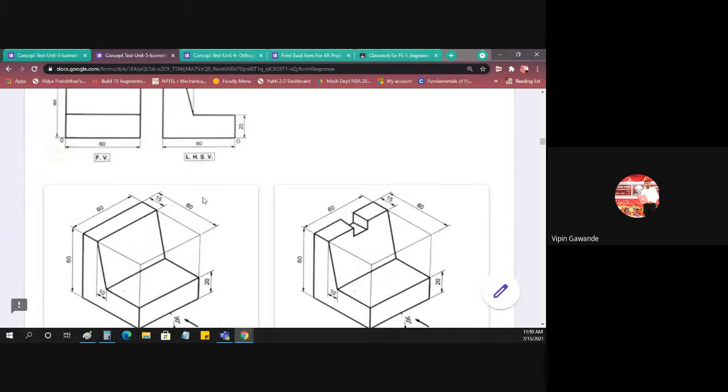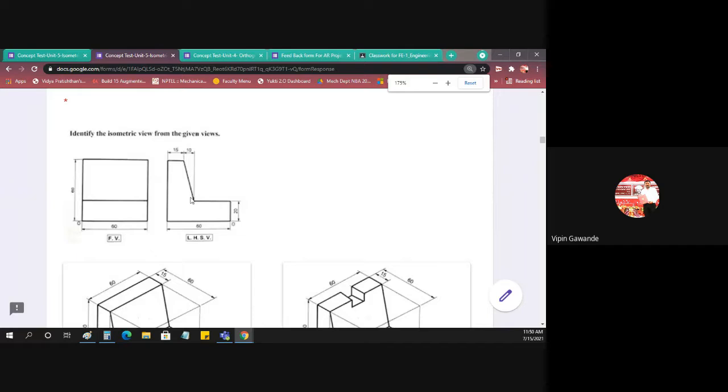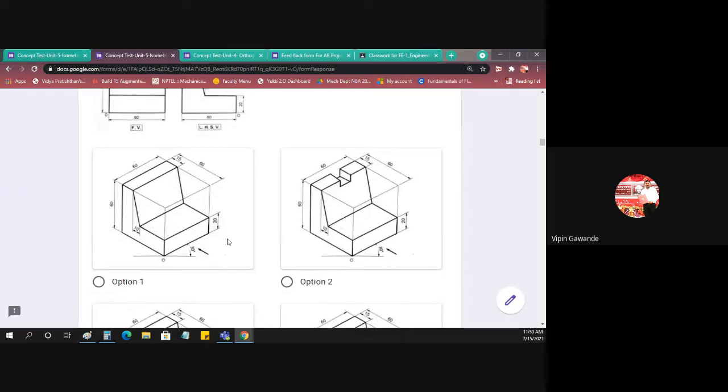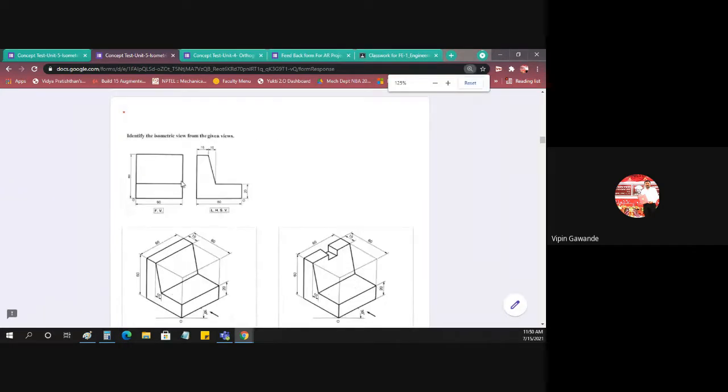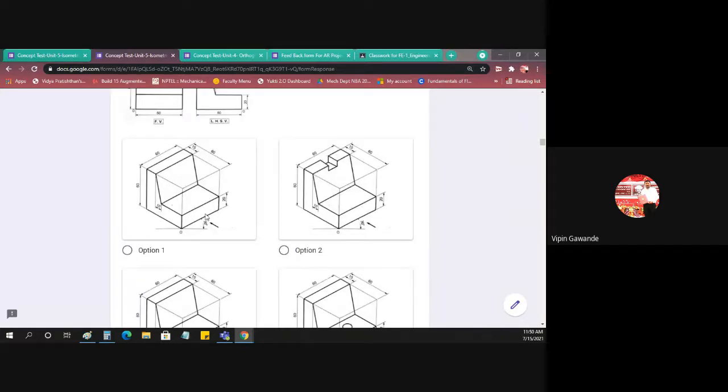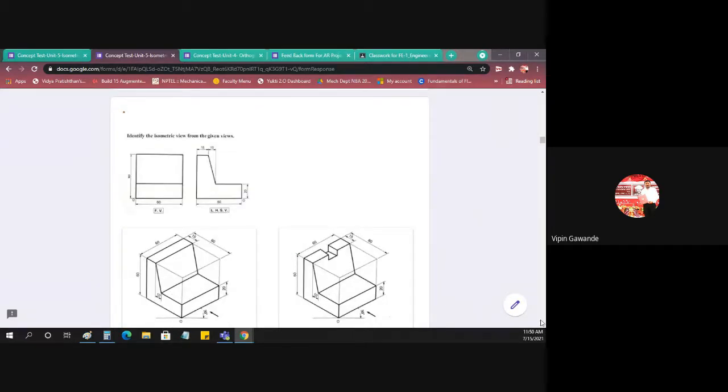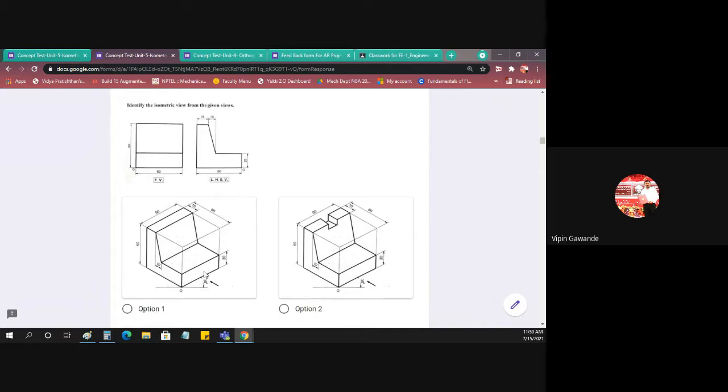Now, if you take the first image here for the first problem, this is the front view. What is visible in the front view? This first rectangle is visible. So the rectangle is there in that view. So this rectangle and this rectangle are the same. Now this inclined surface, what is it? The second rectangle. This inclined surface, you have to rotate it, you have to make it vertical. So that is the second rectangle. So the front view is like this.